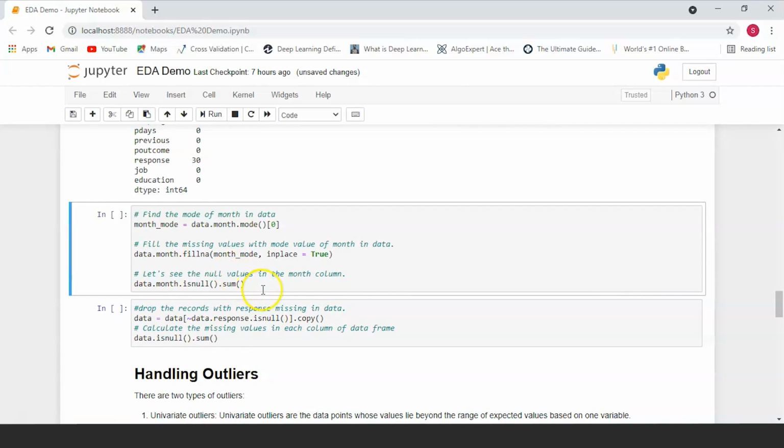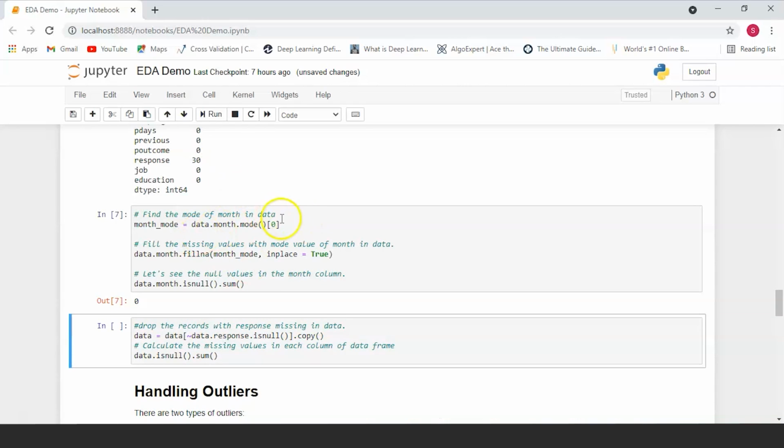Now another way to get rid of missing values is by filling in some other value in place of the missing value. So for this we impute values to the missing values, and this is what you're going to be doing for the month column. Now since the month column is of object type, let's calculate the mode of that column and impute those values to the missing value.